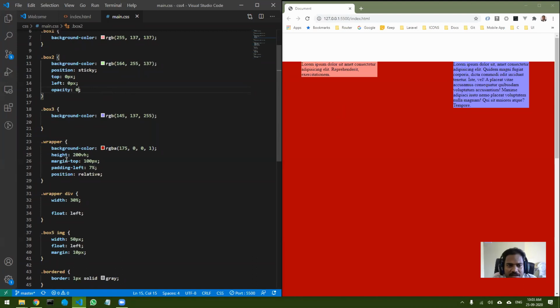So till now what we have seen is how we can use different attributes to style different parameters. Next week onwards we will start developing something. And at that time I will show you how proper layouts can be done using flex boxes and grids. So that we will cover at the last stage, because that is a little bit complex as compared to what we have learned right now.